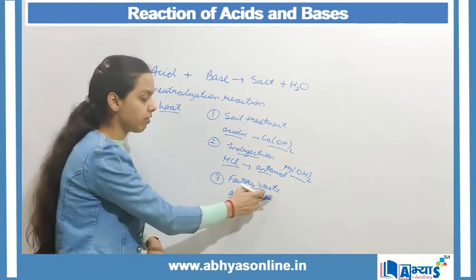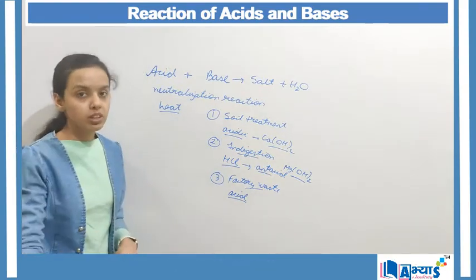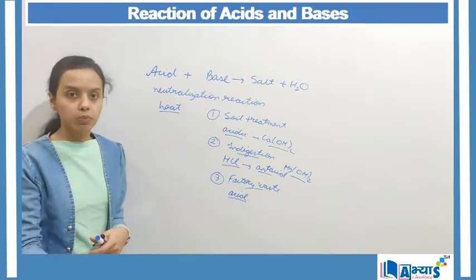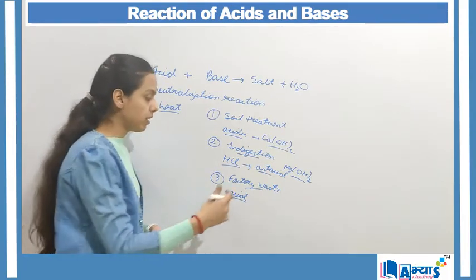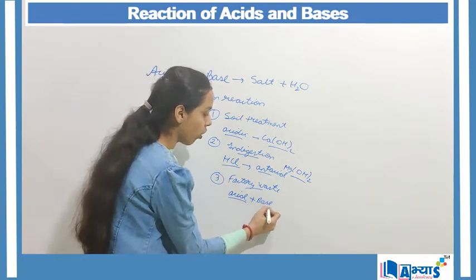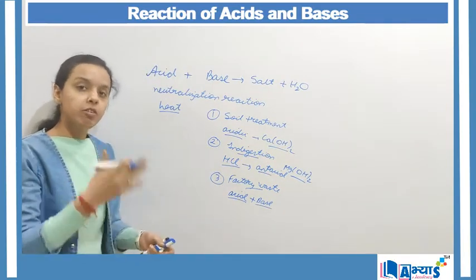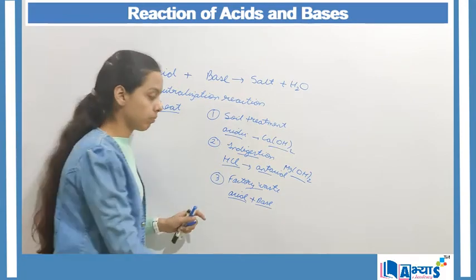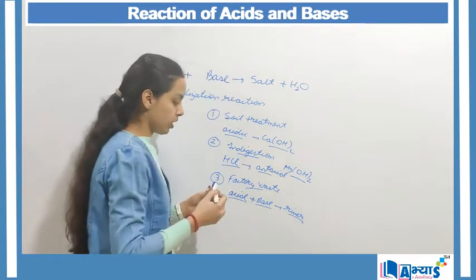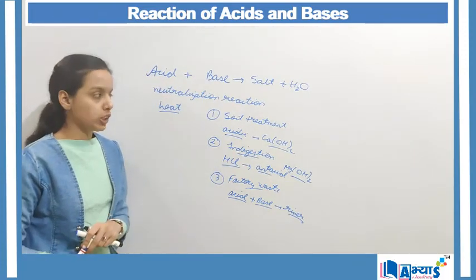When the waste of the factories contains an acid, and this acid is disposed of in river bodies, it may cause harm to the aquatic animals and may lead to water pollution. So it is often prescribed that this acidic waste must be reacted with a base, or some other basic compound should be added to the waste before disposing of it into the river body. After this reaction, it could be disposed of in the river body. So it is another important application of the neutralization reaction.